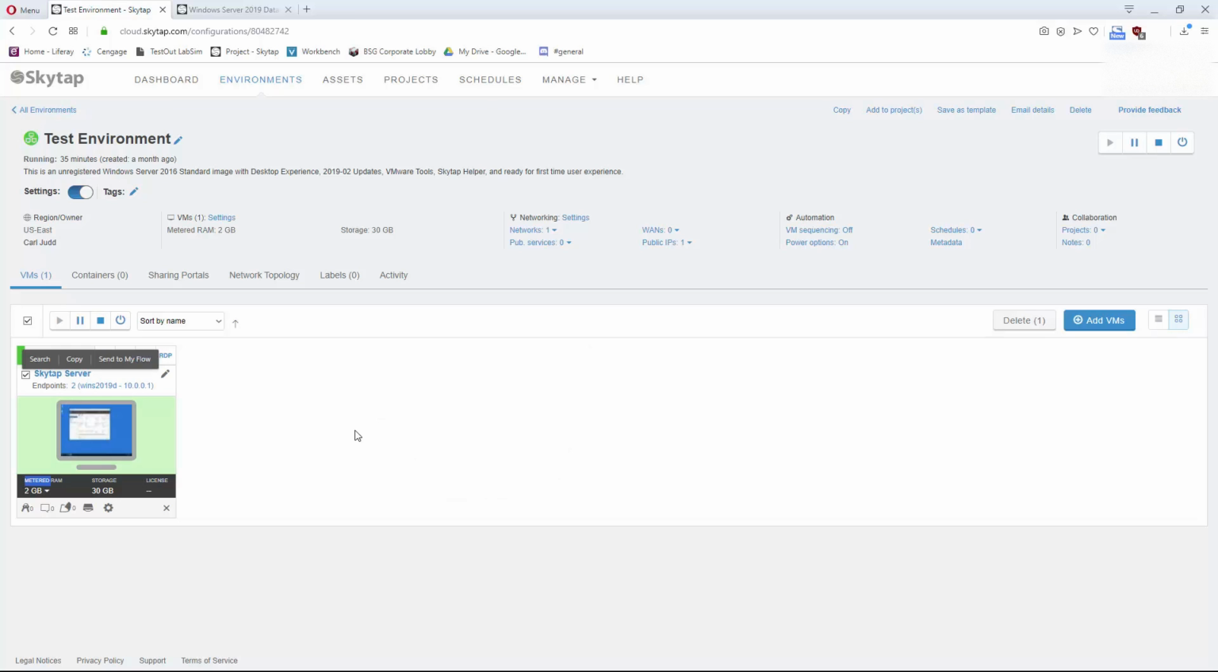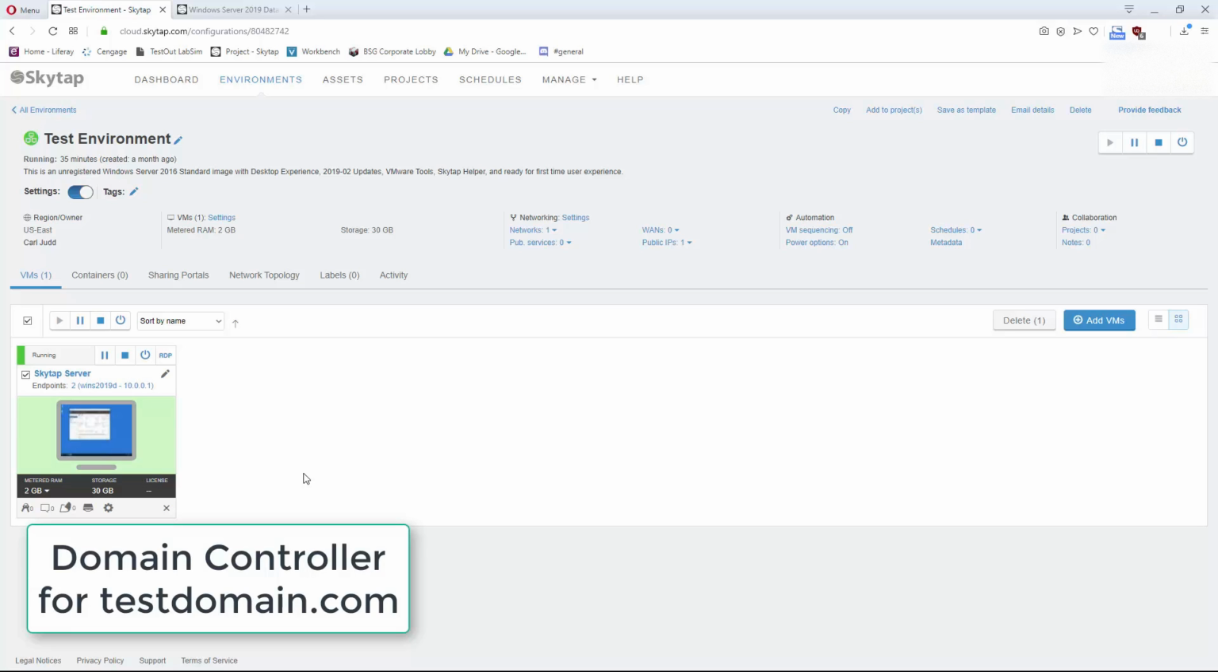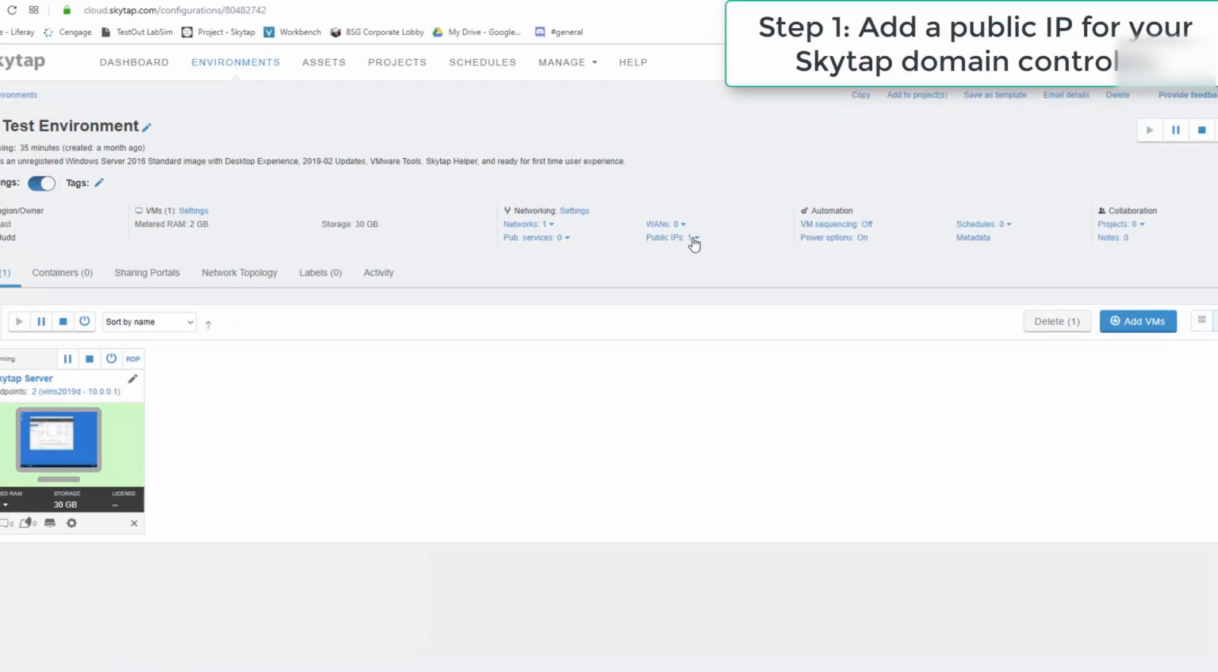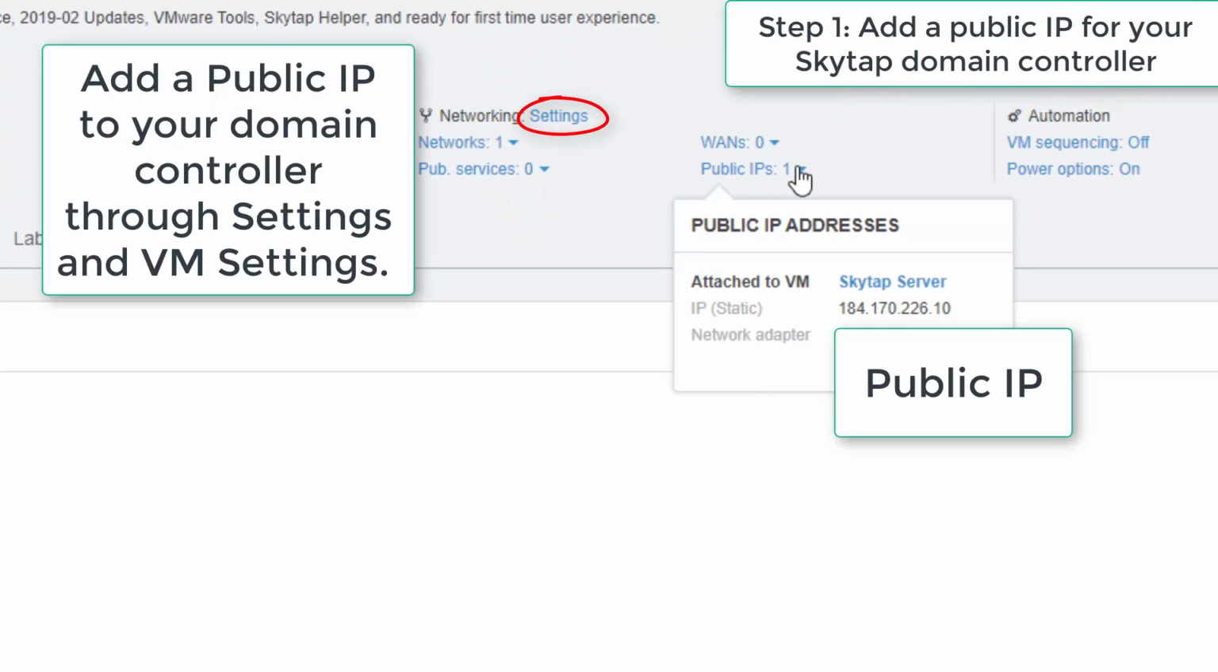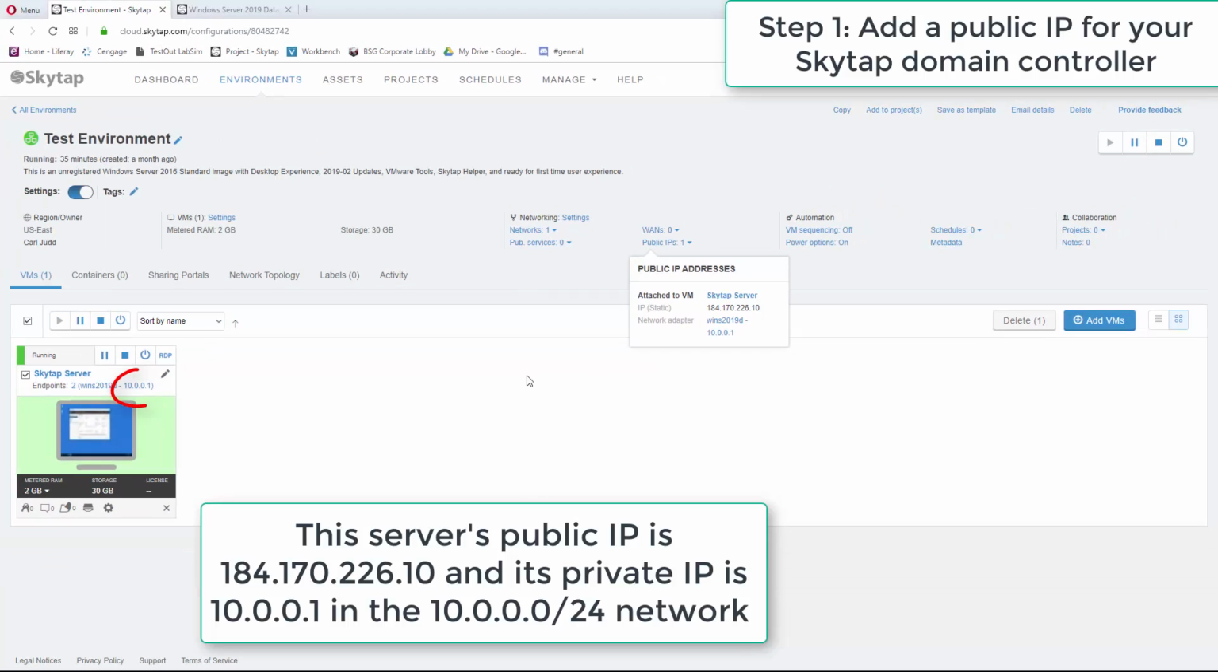Okay, so this is a basic Skytap environment with a server that's already promoted to a domain controller with the domain testdomain.com. You should already have your own Windows 2019 or 2016 server promoted to a domain controller too for your project with its own domain and forest. You first need to give it a public IP though through network settings and VM settings. Your server will also have a private IP and its own private network, which you'll use later to set the